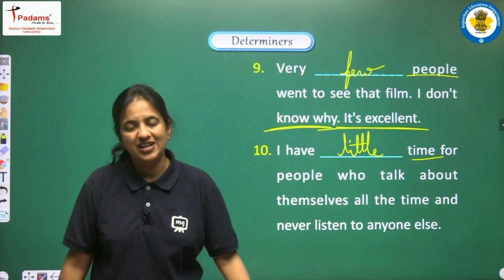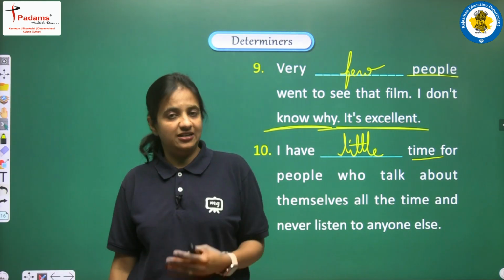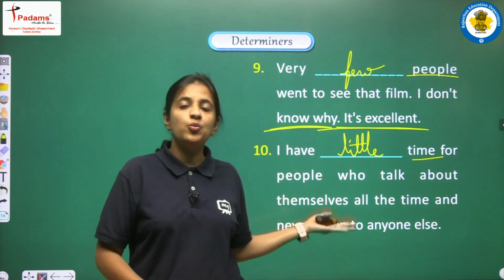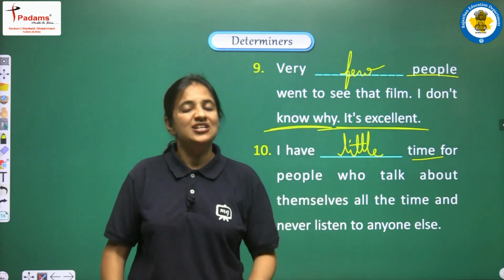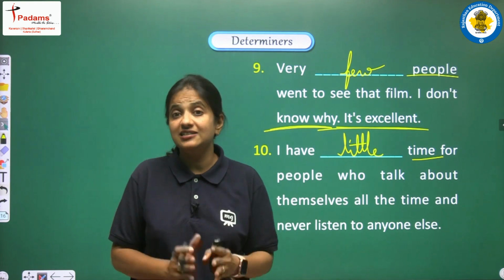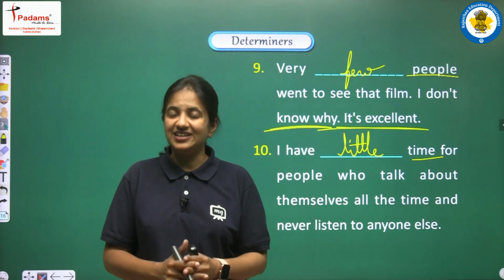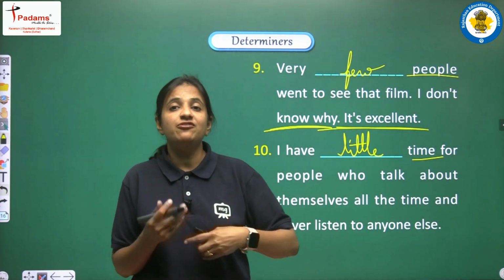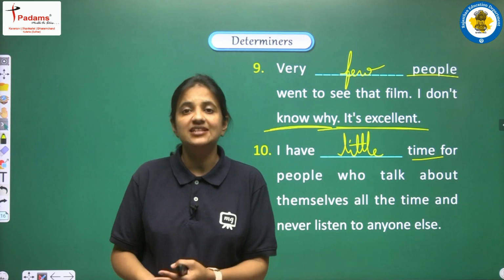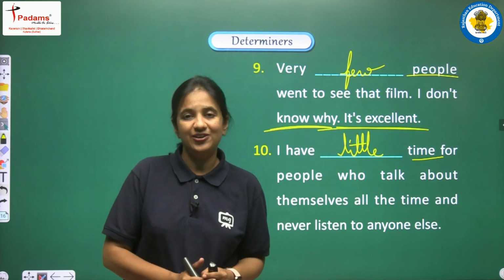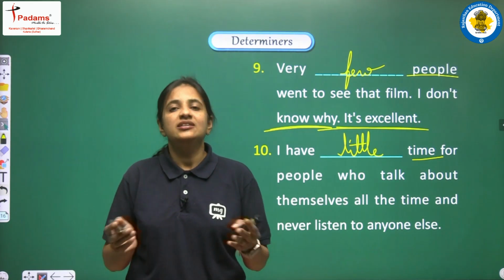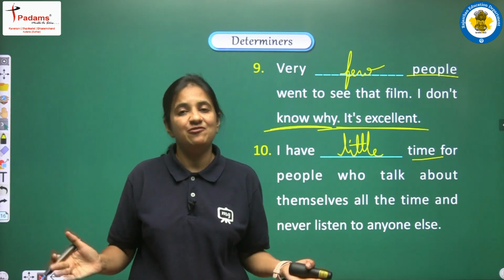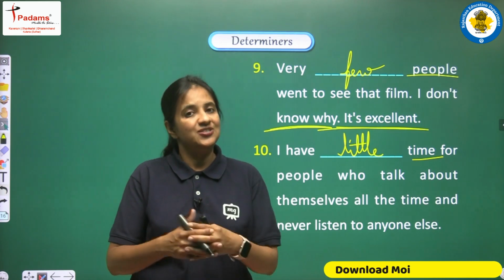Okay? So students, we have discussed some of the determiners in this video. We have seen their examples, and yes, we have done one practice exercise also. So now I am sure that these 6 determiners are very much clear. All the uses and the sentence structure and the different meaning that they give to the sentence, that is also clear to you all. Right? And in the next video, we will do some practice exercise based on all the determiners that we have discussed so far. So just be with me.